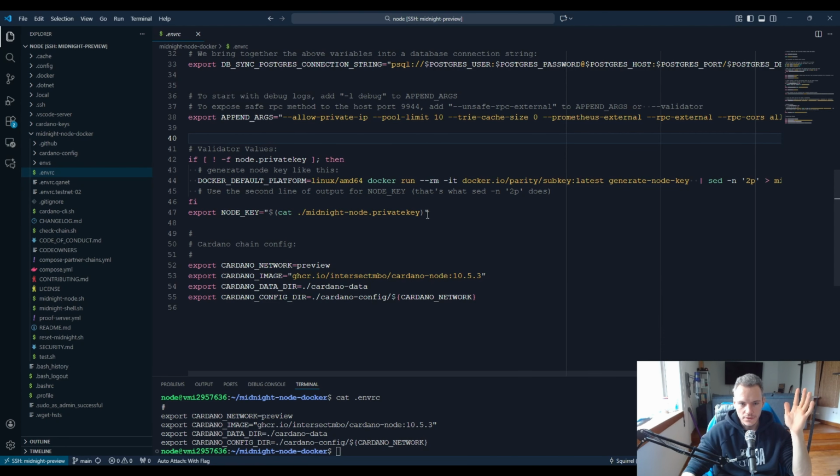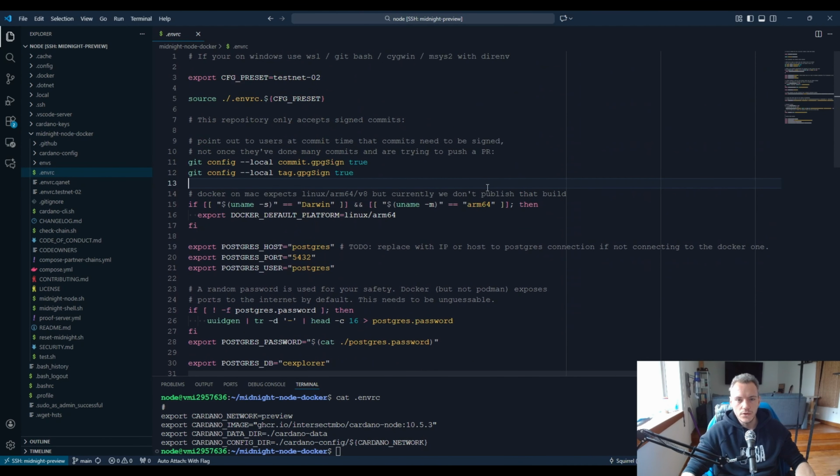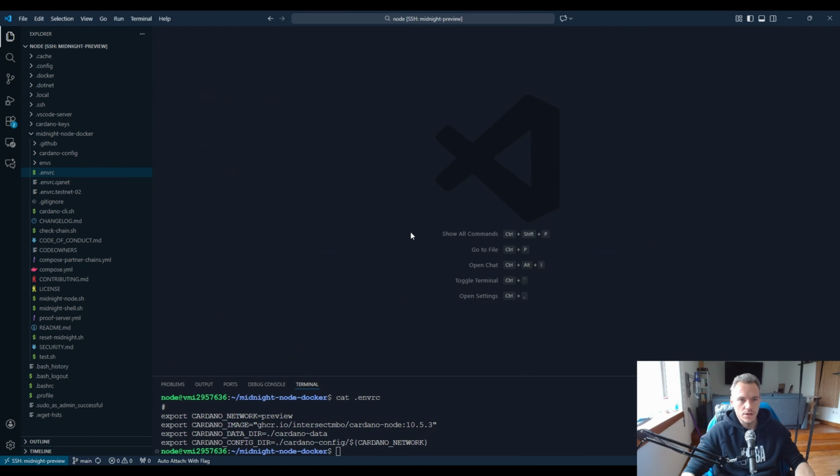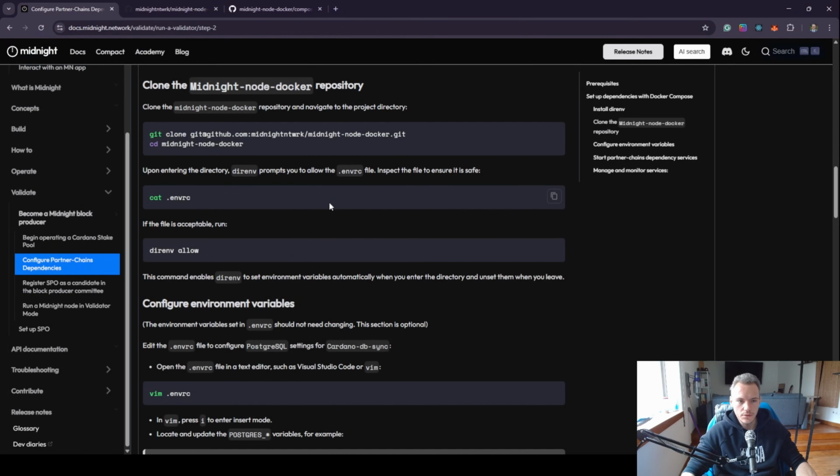And then these are node keys, blah blah blah. Okay, these are still for partner-chain-dependencies because it says which node to run. This is the new patched version, 10.5.1, that fixed the bug that the old one had. Okay, so I think we looked at this file enough. We don't need to change anything. So if we go back to the docs,